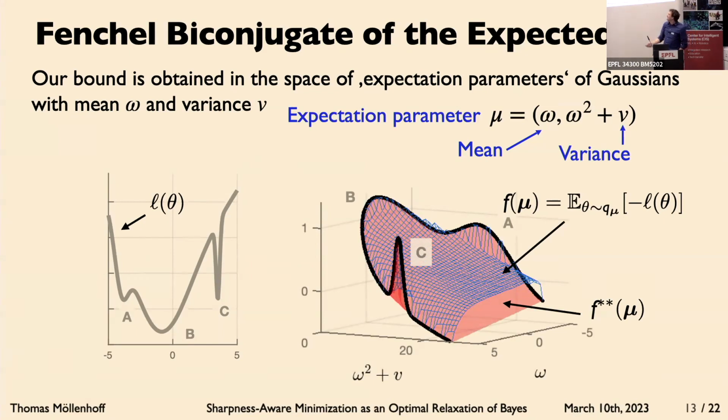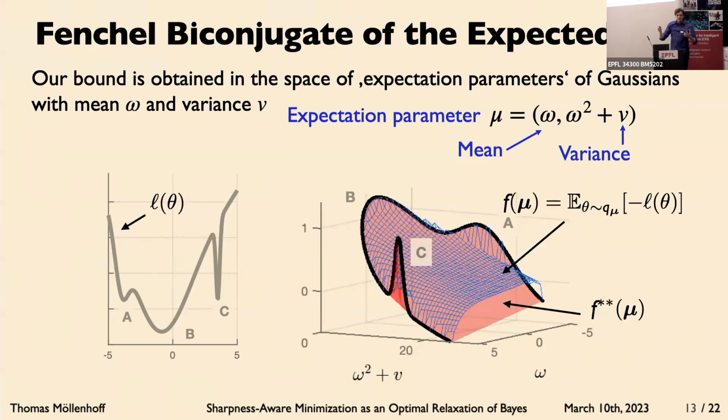This was actually also the reviewers' comment. So many reviewers of this paper didn't understand that this is actually a convex function, the red surface. It looks quite weird. But the reason this can be convex is because any point on the boundary here is not a convex combination of two other points on the boundary, because these are all extreme points of this convex set.